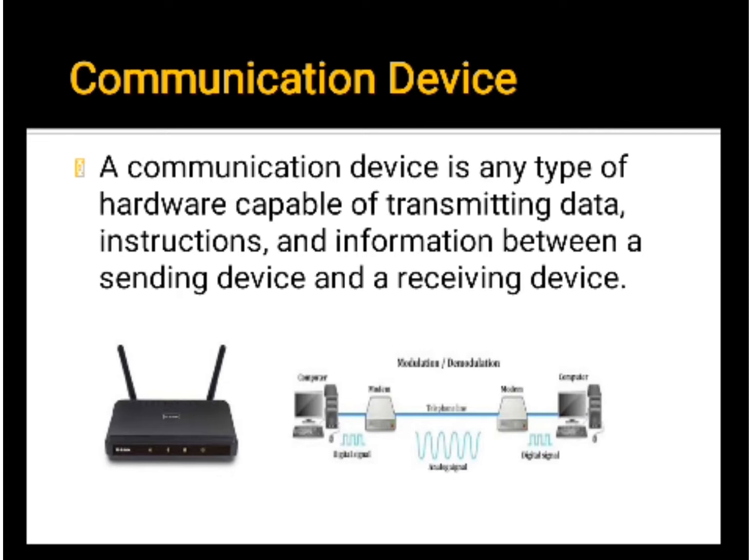For example, a modem connected to a sending computer converts the digital signals of the computer into analog signals, and the analog signals can travel over the standard telephone line. While receiving, if necessary, the modem converts analog signals back to digital signals, so the receiving computer can process the information easily.